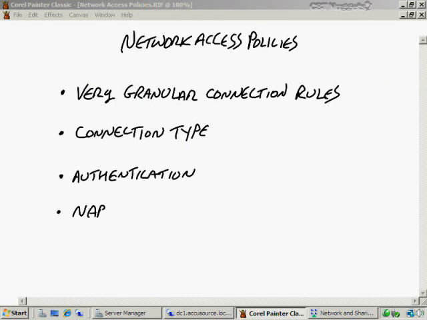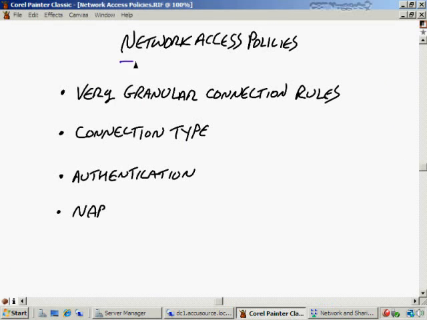done. Now, before we move into NAP, let's first talk about network access policies. And you might be looking at this and saying, well, isn't that NAP? Network access policies, NAP, right? No. In another attempt to baffle us endlessly, Microsoft has used the same acronym for two different things. So a network access policy is a totally different thing than NAP, which we'll be talking about next after this